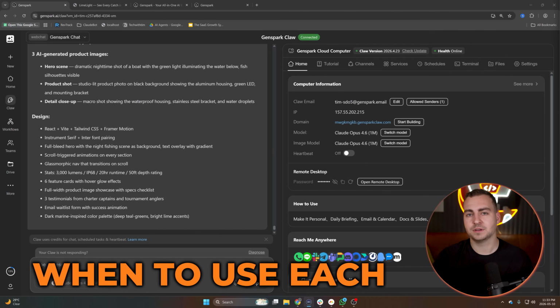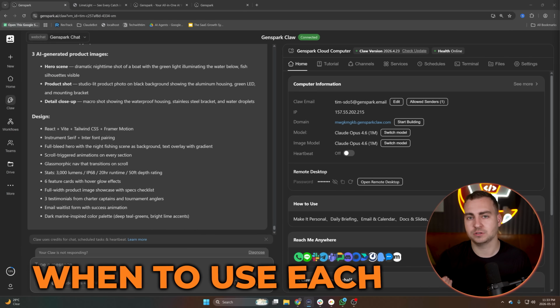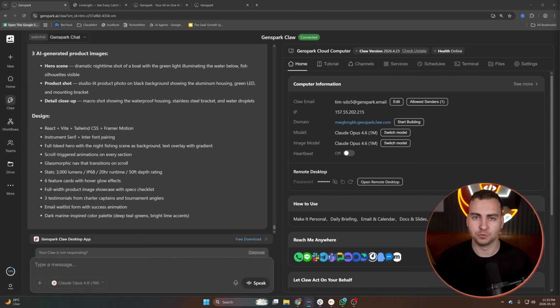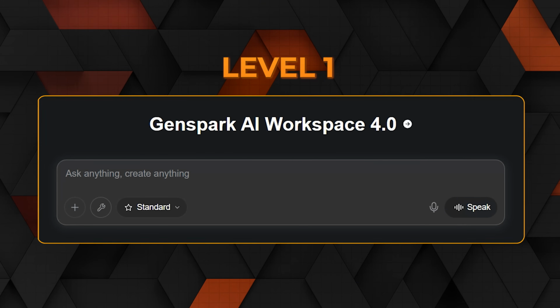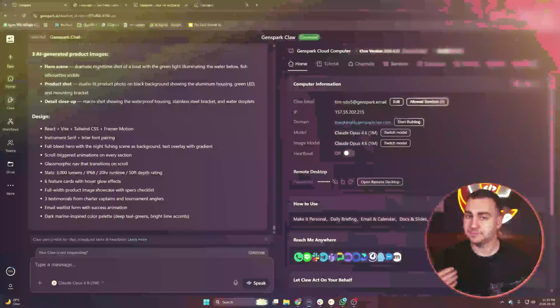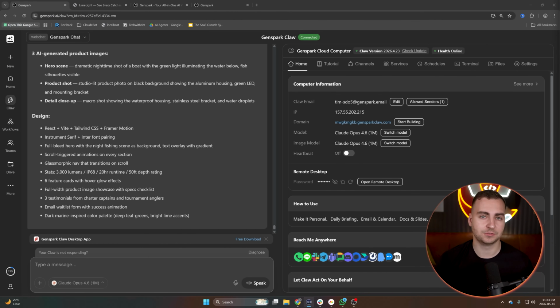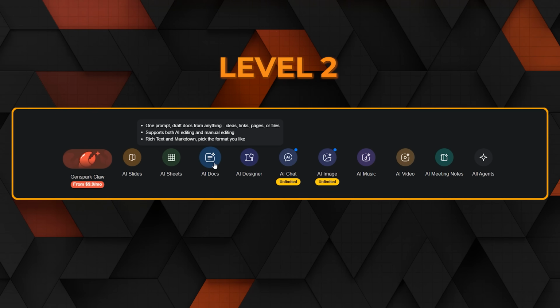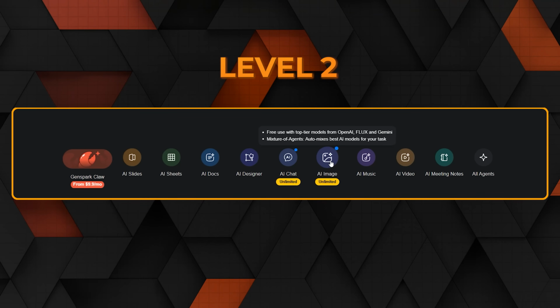So with all of this shown, let me give you a framework for how to actually use these levels. Now, if you have a quick question, use level 1, right? Open Super Agent, ask it a question, get your answer. Don't overcomplicate it. This is for everyone. I do it all the time. If you need a specific deliverable, that's level 2, like slides, documents, images, websites, spreadsheets, whatever. Use the dedicated AI tools because they produce better output than trying to get a chatbot to format things for you. Now, this is for busy professionals, one-person teams, whatever.